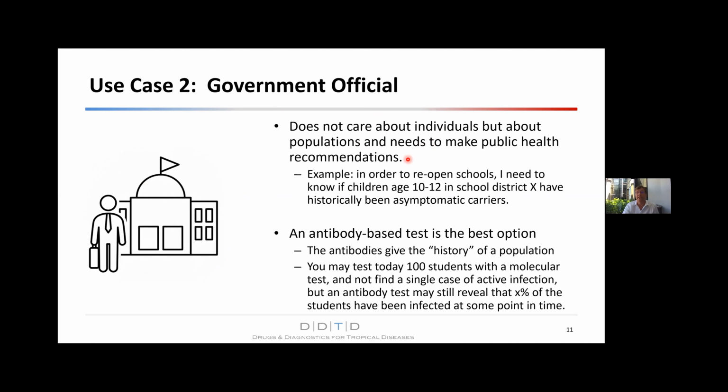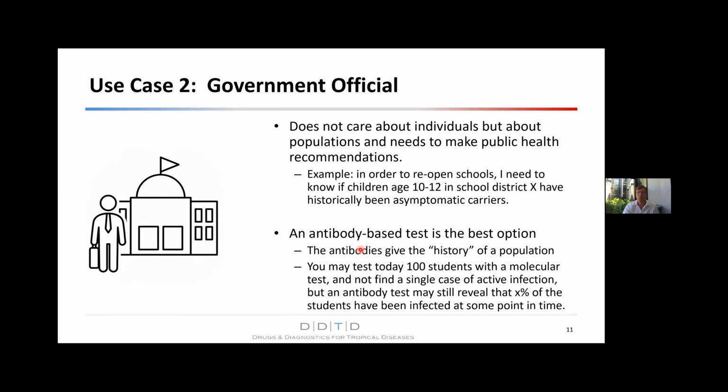So here is an example of a question that could float through a government official's mind. For instance, in order to reopen schools, I need to know if children aged 10 to 12 in school district, whatever, have historically been asymptomatic carriers. Well, for this, an antibody-based test is the best option, because the antibodies will give you the history of a